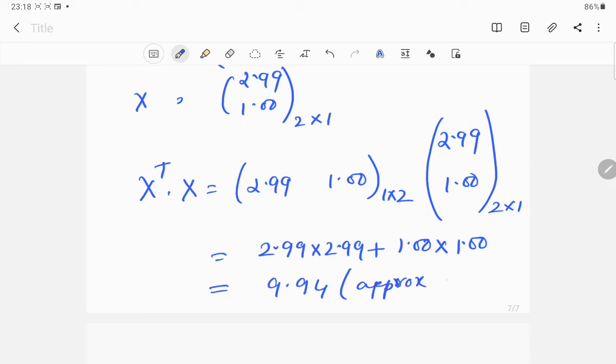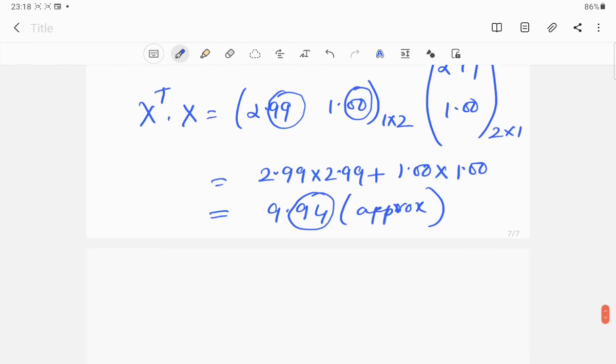Use a calculator. Always remember that if you are using up to 2 decimal points here, also write 2 decimal points here. You need to maintain consistency. You cannot use 3 decimal points in one number and 2 decimal points in another. Always maintain consistency while writing the values. It's up to you: if you like 3 decimal points, keep that; if you like 2, keep that.